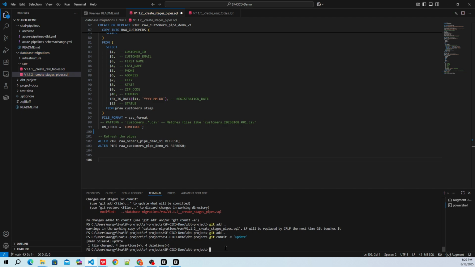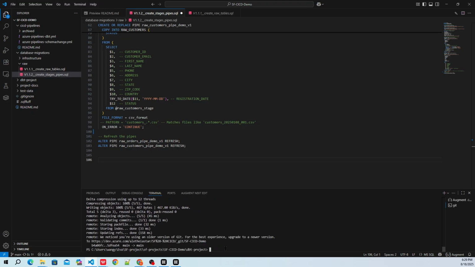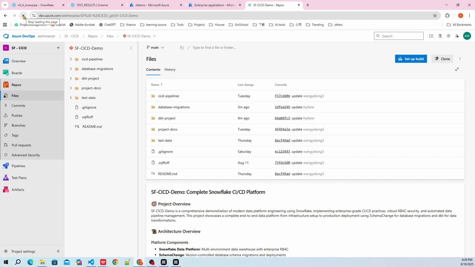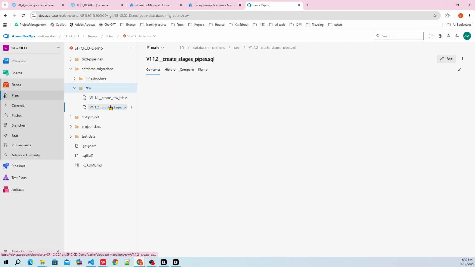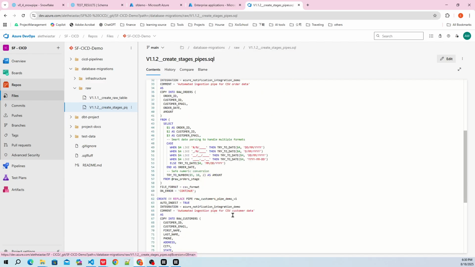Just to simplify the process, I will not use the feature branch. I will push the code to the main branch directly. Now let's go to the Azure DevOps repository to check the code. We can verify the data has been updated